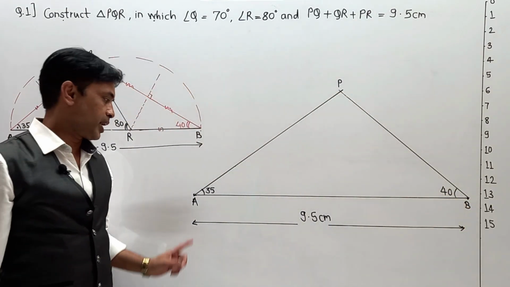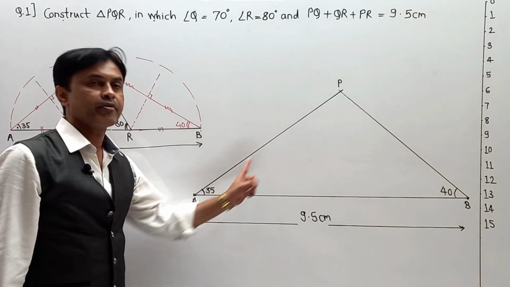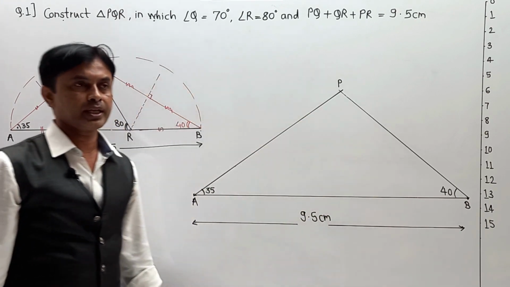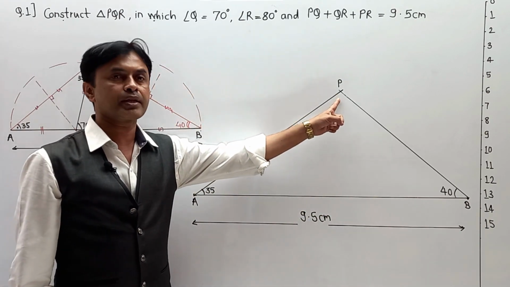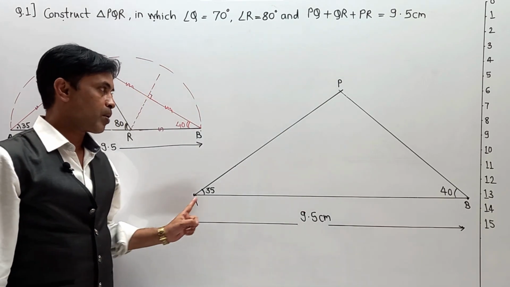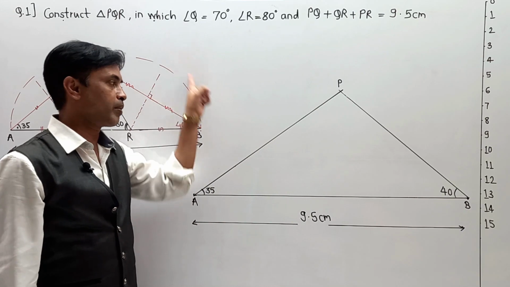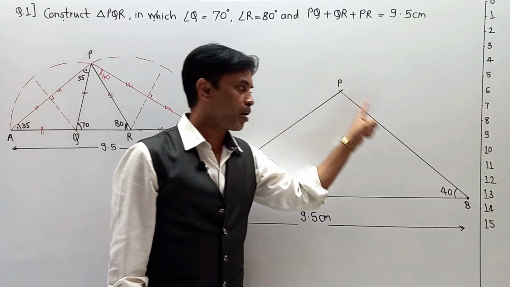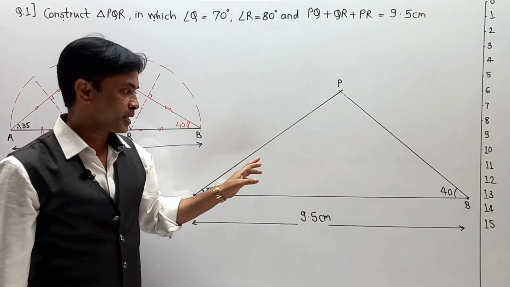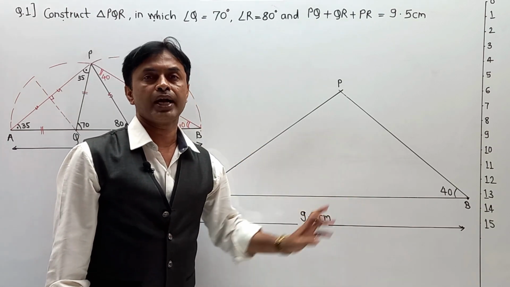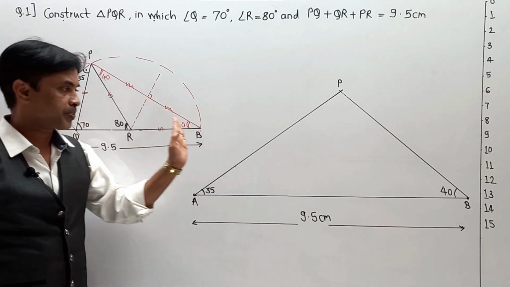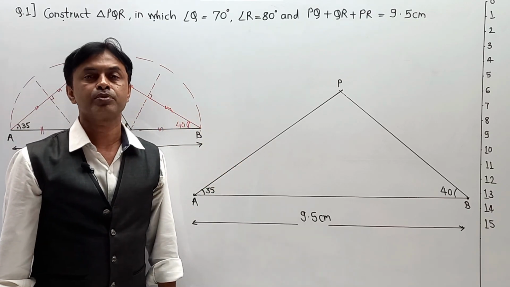So we have drawn two angles, first from point A with 35 degree and second from point B, that is 40 degree. Now we are successfully able to get the point P or fixed position over here. Now on PA we have to draw one perpendicular bisector. On PB we have to draw another perpendicular bisector, and the points of contact will be Q and R. Just for a tentative working, I am going to rub this rough diagram and we are focusing on our main diagram. So please pay attention.